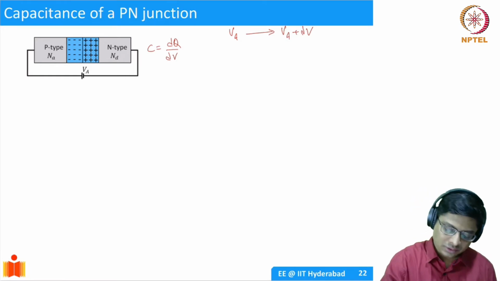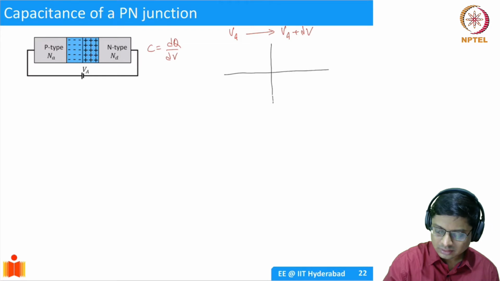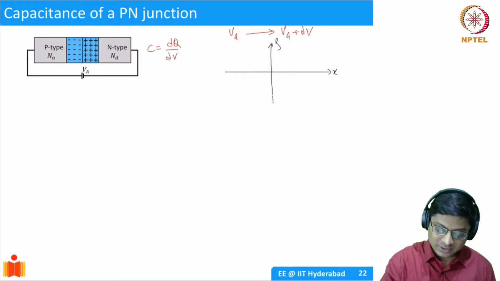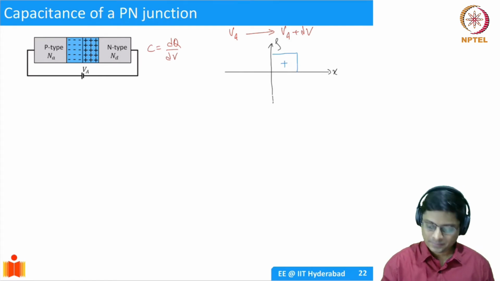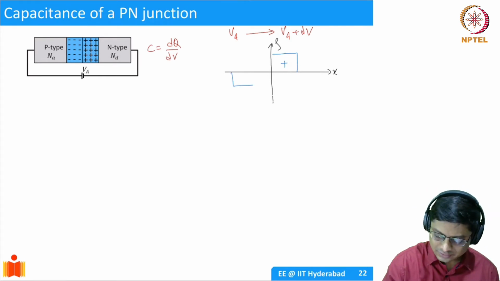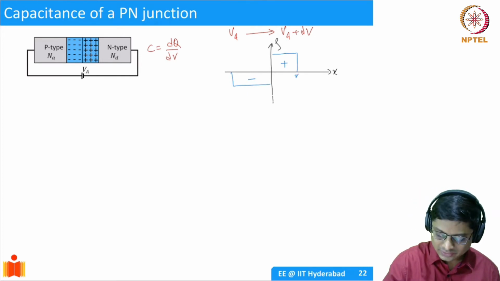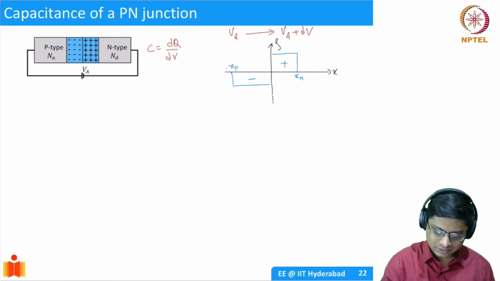Without all this, if you look at a PN junction, as a function of x, you can plot rho. We have done it multiple times already. So what will we see in this situation? We'll see that there is a positive space charge in the n-type region, and a different width of negative space charge in the p-type semiconductor. We call this xn and this minus xp. The junction is essentially x equal to 0.